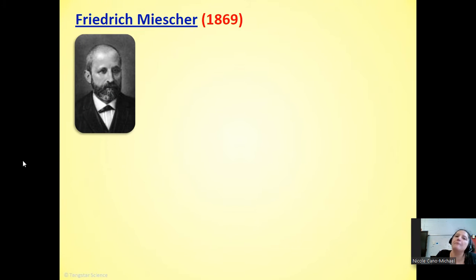All right, so on your timeline, our first guy on the timeline is our buddy here, Friedrich Miescher. So all the way back in 1869, remember, at this point, Mendel has already done his work. We know that things are inherited. We just don't know how it happens, like at all. We know that there are these factors. We know that there are these alleles. We know that stuff gets inherited, but we're not exactly sure how.